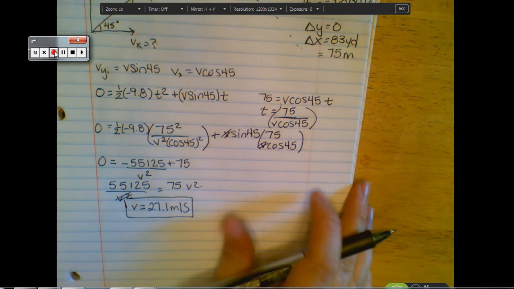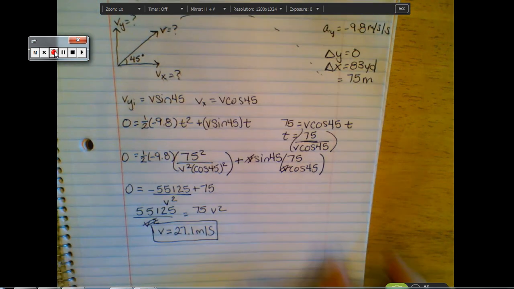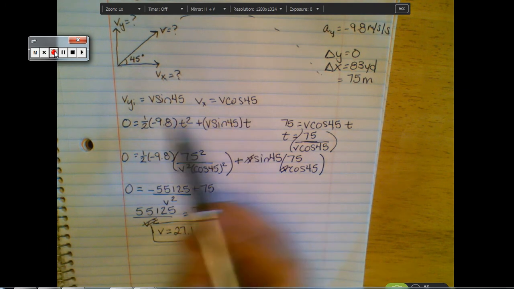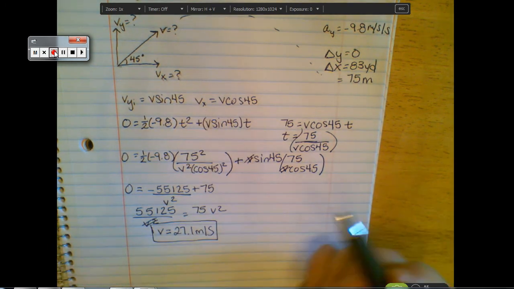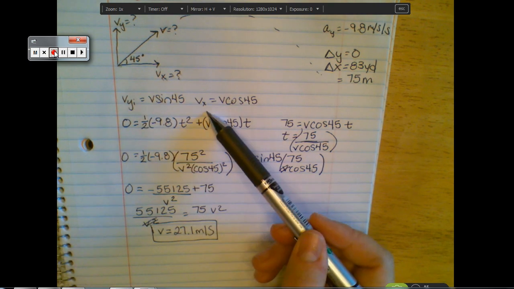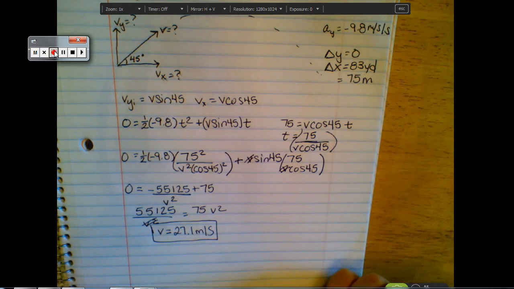Okay, so in this method, we basically used the fact that these are basic trig functions for Vy and Vx to actually, instead of needing to solve for Vy or needing to solve for Vx, we just went ahead and solved for V. I'm sure there's another way to do that,